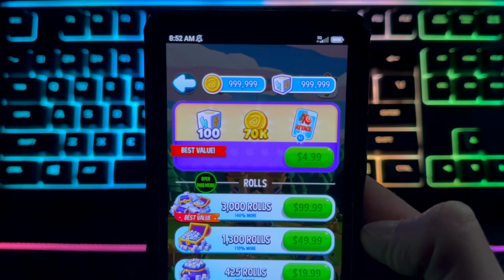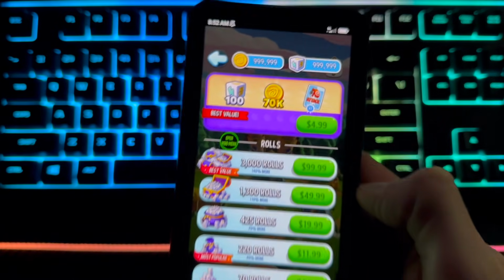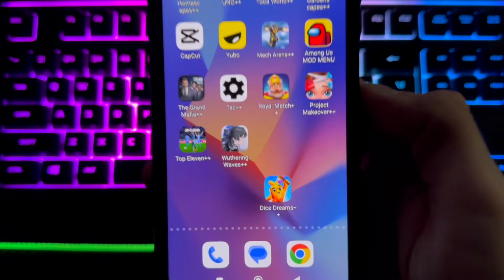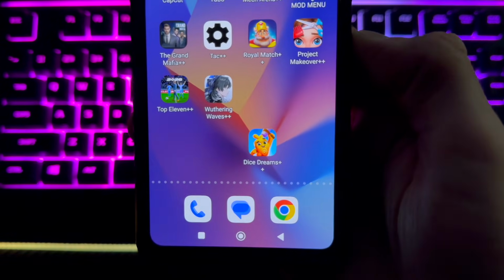Once that's done, the next thing you need to do is to simply head over to the pinned comments down below. There, I explain exactly where you can get Dice Dreams++. So just head over to the pinned